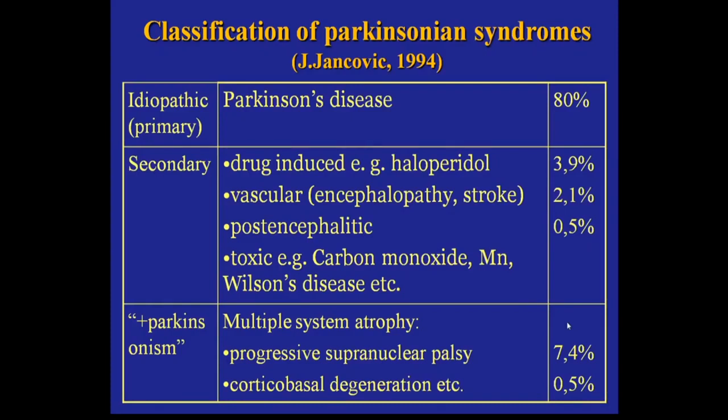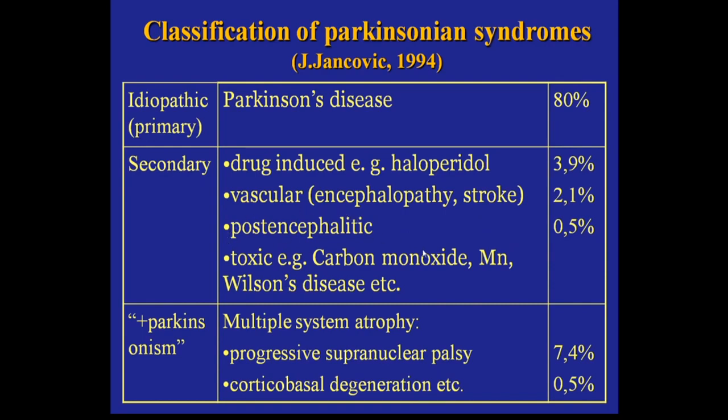Classification of Parkinsonian syndromes by Jankovic. 80% this is idiopathic primary Parkinsonism or Parkinson's disease. 10% secondary Parkinsonism, drug-induced, for example, neuroleptics like haloperidol, vascular, 2%, for example, after stroke,